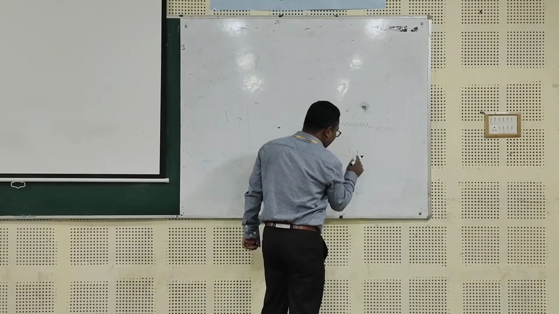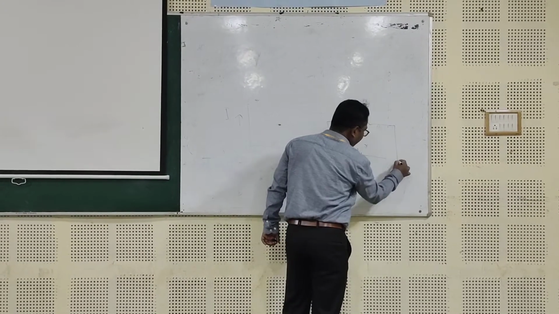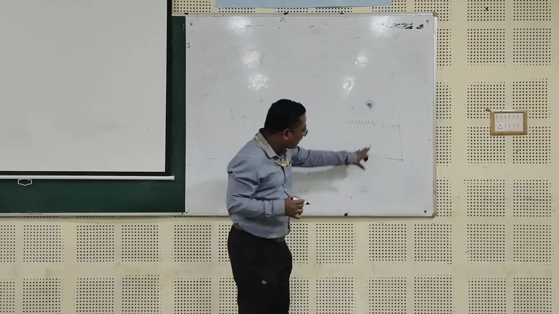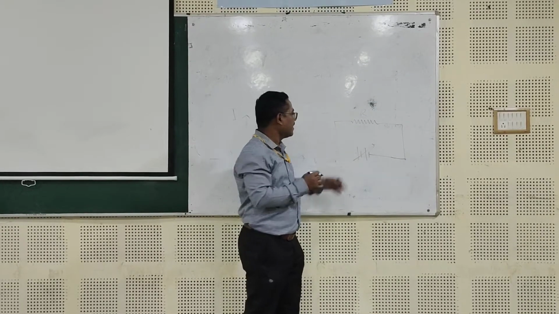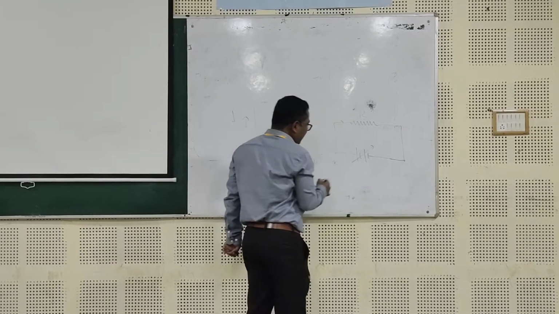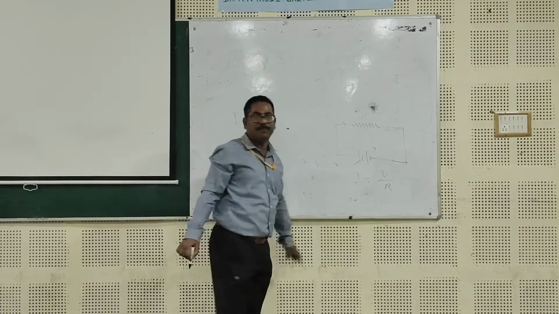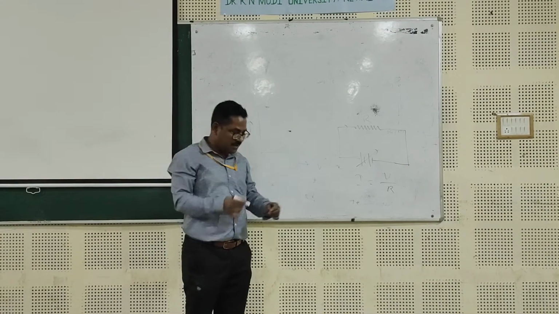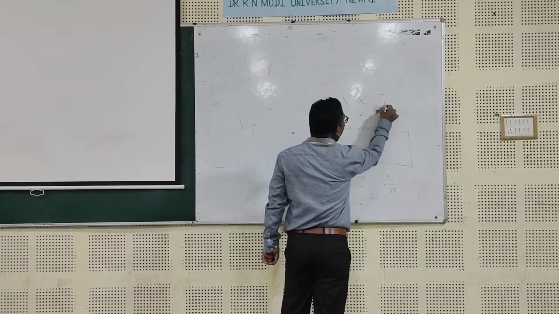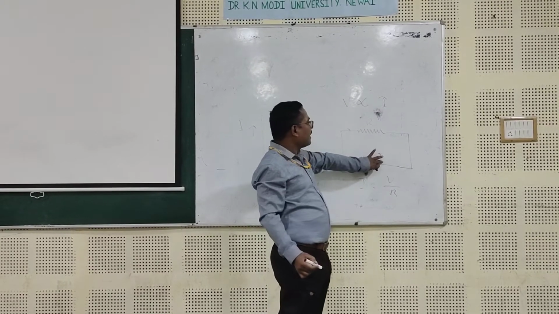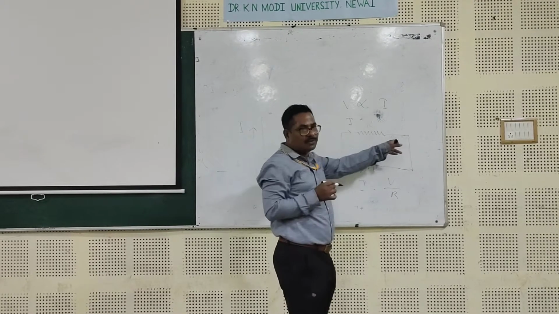an adjustable, variable DC source, which I am showing with an arrow, then what will happen? Current will be V by R, from Ohm's law. What is Ohm's law? We know that V is directly proportional to I. This is V, and since the circuit is closed, current I will be flowing through the resistance.